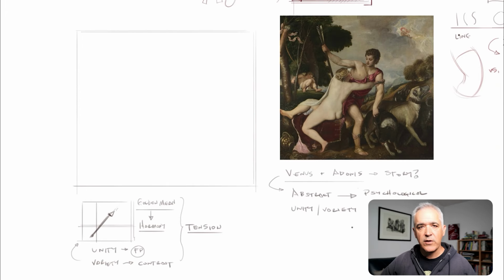So you could see that as one winning out or the other, but I think what's more important is that there's a quality of tension. These two things are in tension. Adonis isn't off screen, he hasn't left forever. But this is the picture to me. This is how this picture is successful or not.